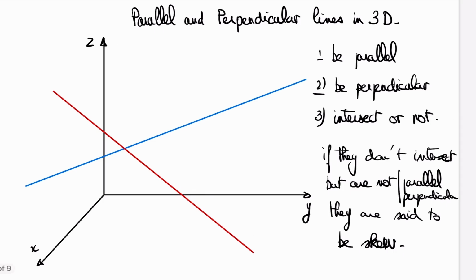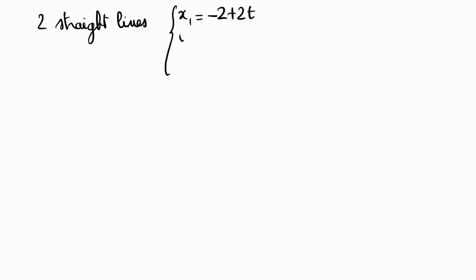Let's do an example. So we have two straight lines, and the parametric equations of these lines are, for line 1, x1 is equal to minus 2 plus 2t, y1 is equal to 1 plus t, and z1 is equal to 4 minus 2t. That's the parametric equation of line 1, and for line 2, x2 is equal to 1 plus 2t,